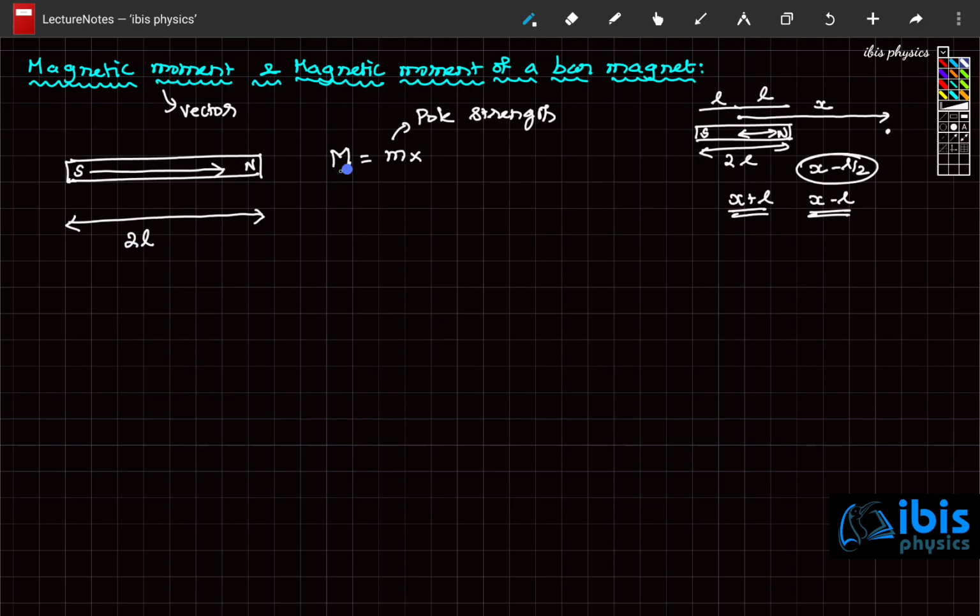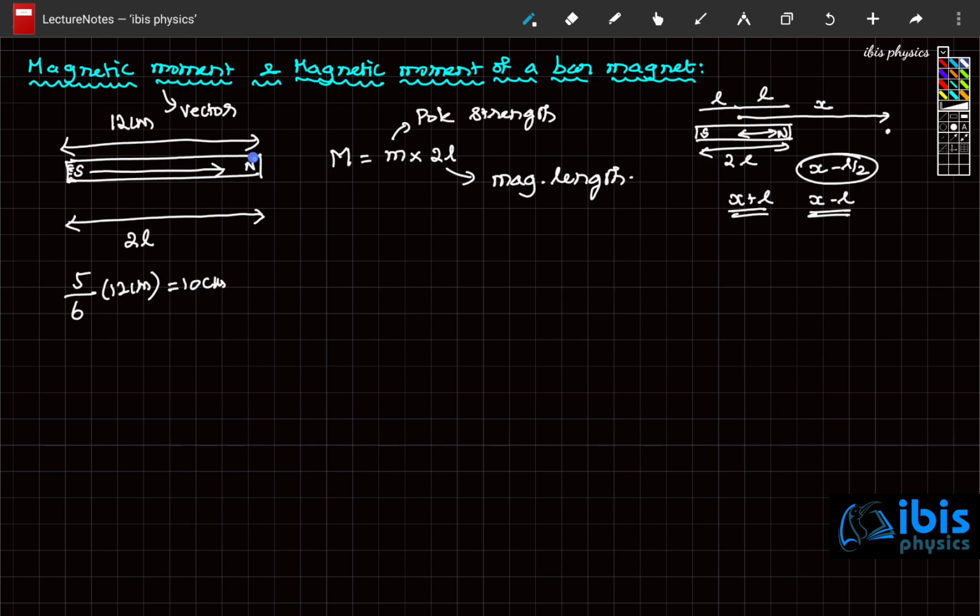So the magnetic moment or magnetic dipole moment of a bar magnet is pole strength multiplied by 2L, which is called magnetic length. So the magnetic length will not be exactly equal to the length of the magnet. It is only about 5/6 of the length of the magnet. Suppose you have a bar magnet of length, let us say 12 centimeter, then the actual length is only 5/6 of the total length, which means 10 centimeter,